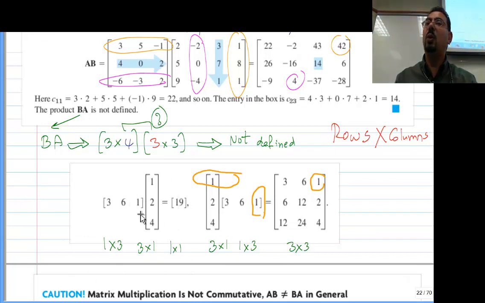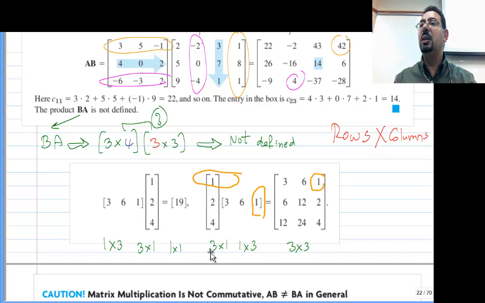Where does it come from? Well, the row comes from the first row, it only has one row, so it's this. And the column, we have only one column, it comes from this column. So basically 3 times 1 plus 6 times 2 plus 1 times 4, that's the 19. 3 times 1 multiplied by 1 by 3, yes, it works. And you should get